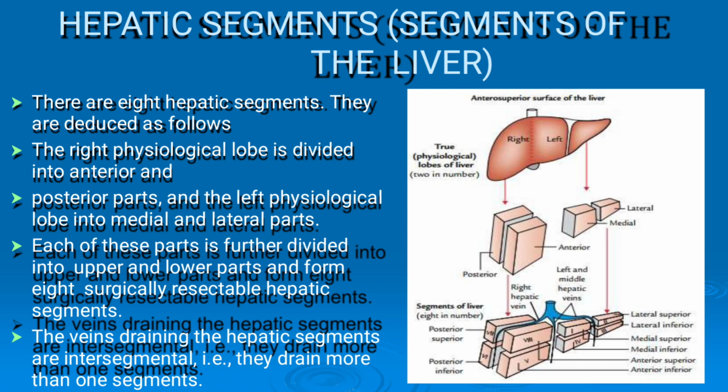Now we can see in this diagram medial and lateral. If you cut this horizontally, you get four parts: lateral superior, lateral inferior, medial superior, and medial inferior. That is all related to the hepatic segments. Why are hepatic segments important? Because of the hepatic artery and hepatic vein, and also the hepatic duct, and how they cross under the lobes.